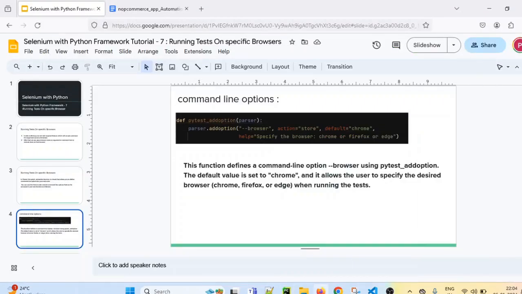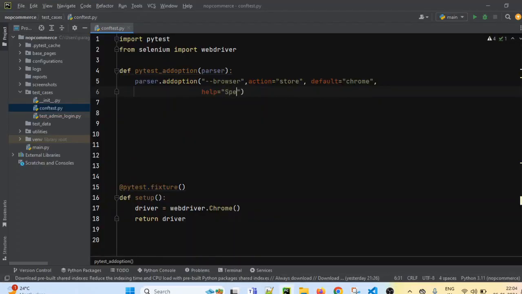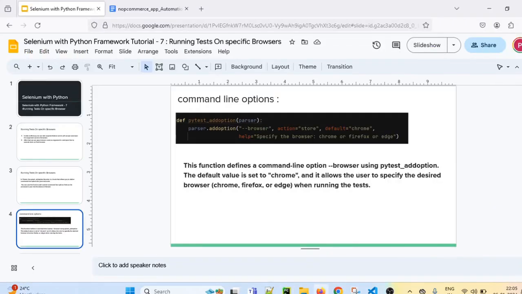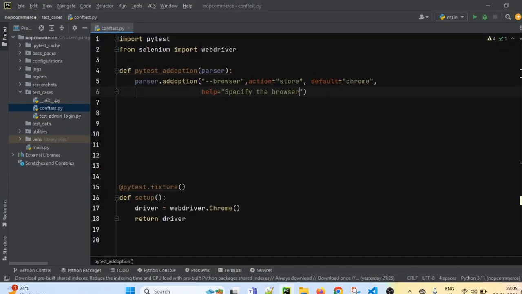Inside this help section, I'm adding the text, let's say, specify the browser: Chrome or Firefox or Edge.